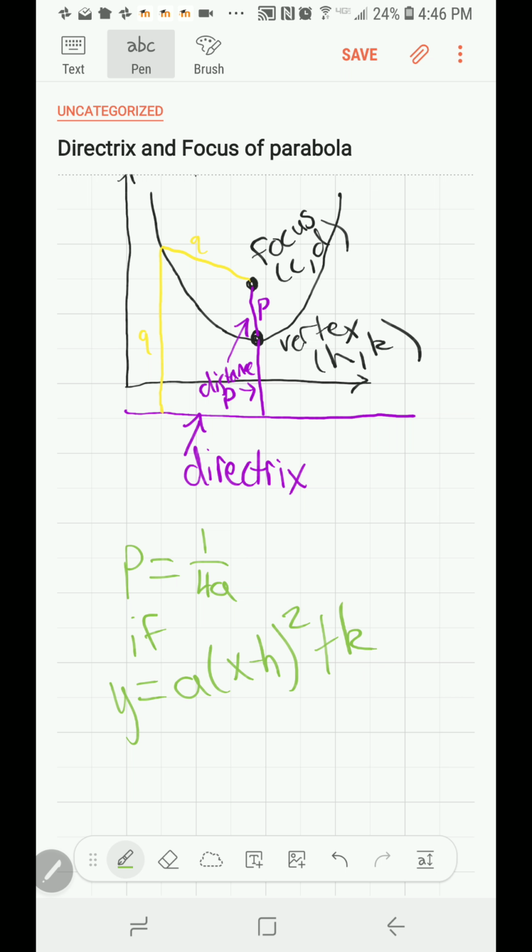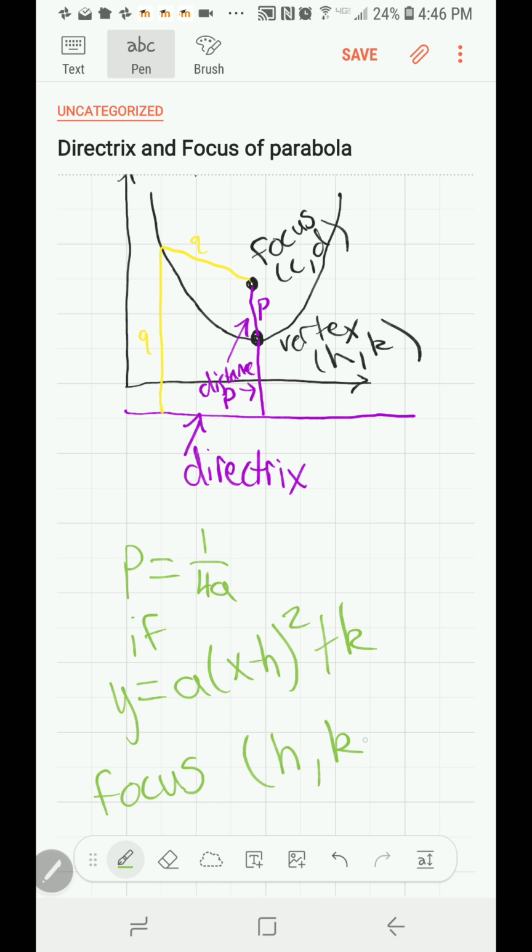This is called vertex form of a parabola, which is nice because your vertex is the coordinate h, comma, k. If this is the case, then your p, the distance from the vertex to the focus, is 1 over 4a, which means that the focus is simply on the same x value as the vertex, so that's just h,